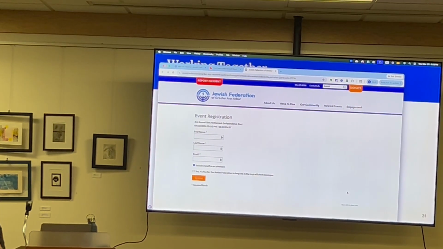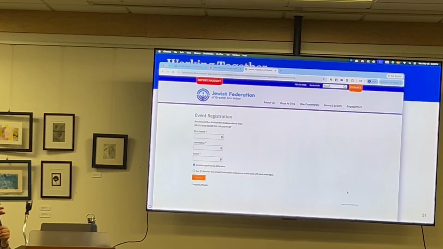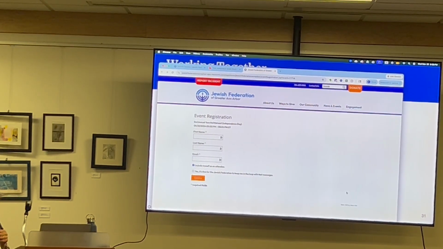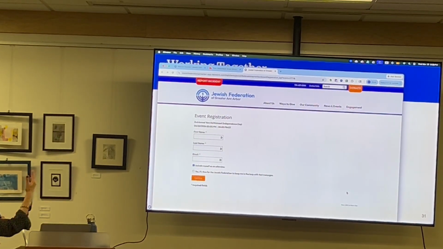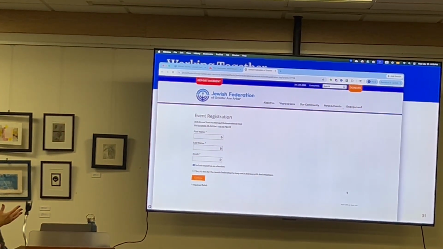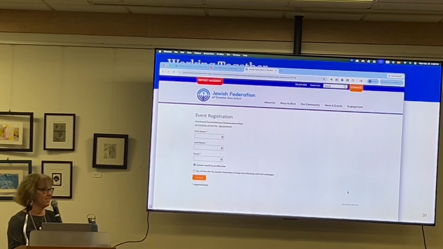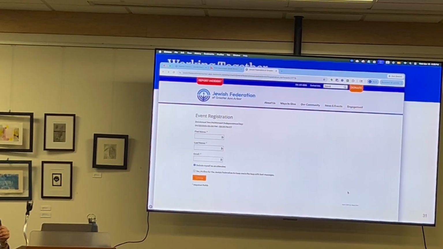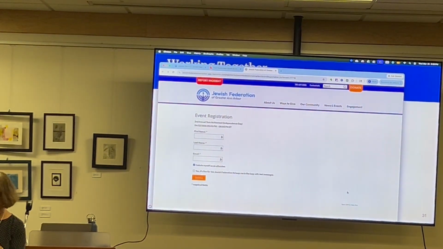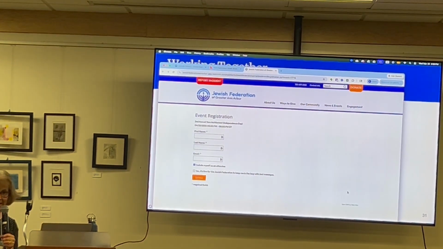Until we can make the JLive registration do what we want it to do, unless the synagogues are able to do what they want it to do, they still put their own registration link. They go ahead and allow people to sign up for these events. This is a really great platform that the JCC and the Federation have brought to our community. We're in a pilot phase. The Jewish Community Foundation has paid for this pilot phase.